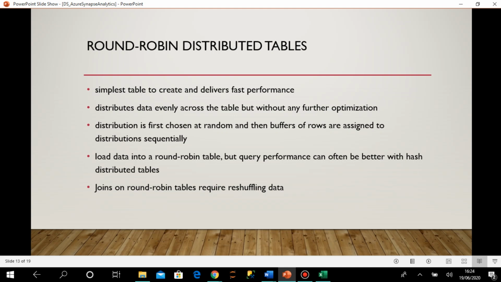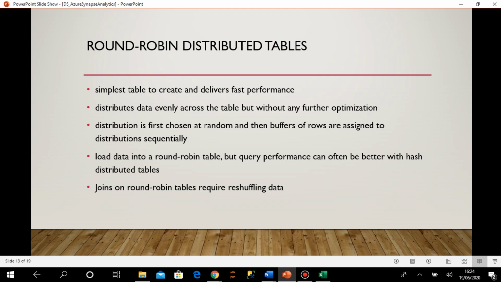So it is telling us that query performance is mostly better with a hash distributed table, and it is always recommended that we go for hash distribution when there is a very large table, because we are thinking of optimization and performance mainly when we have large tables, right? Because small tables always perform well, whatever way you keep them, but when it is a large table, then we should go for hash distribution.